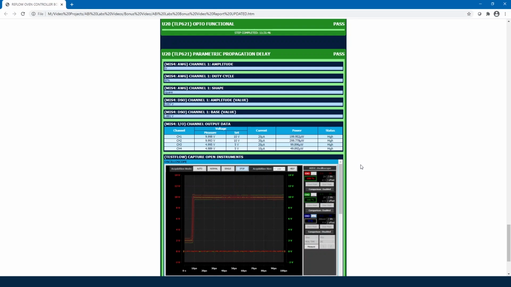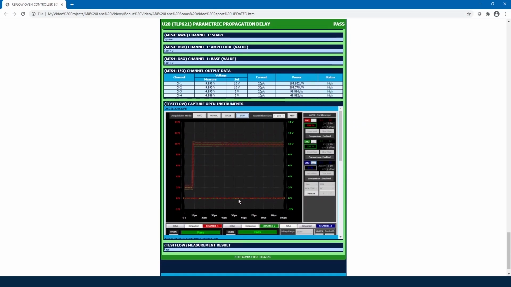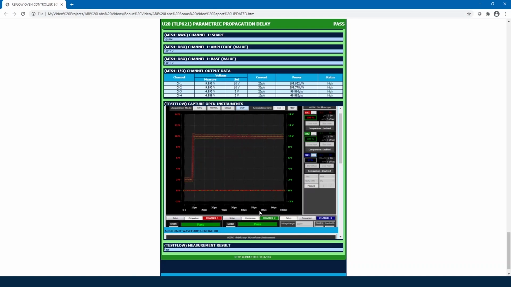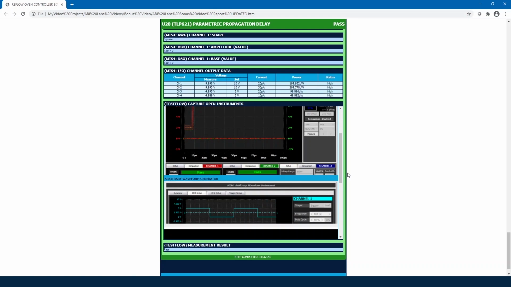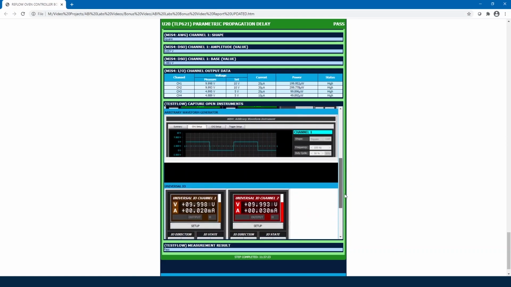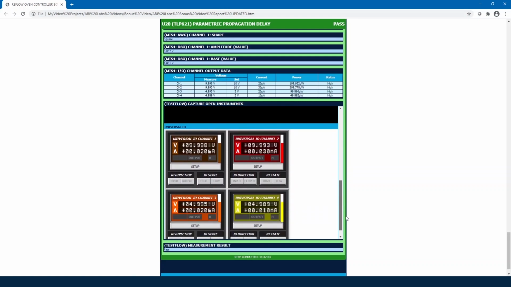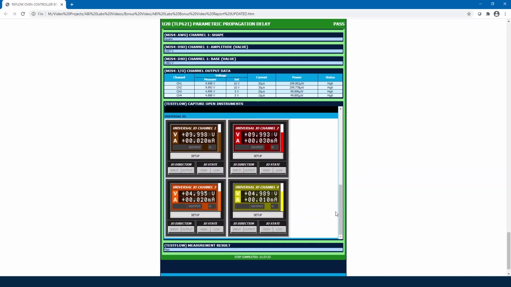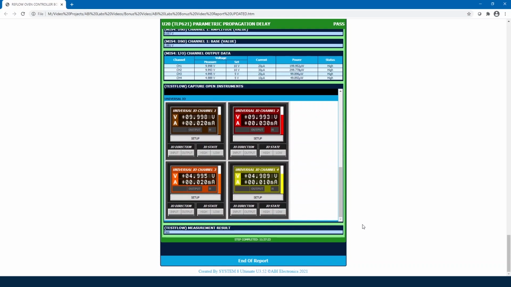In addition to this, I was also interested in actually seeing the signal itself. Therefore, I wanted to see a screenshot of the instrument, so we can see the time and the voltage of the signal. And we can also see the arbitrary waveform generator and a screenshot of the universal I/O. I was interested in seeing the actual voltage and current being drawn from these 4 channels. Near the bottom we can see the time when the step was completed.